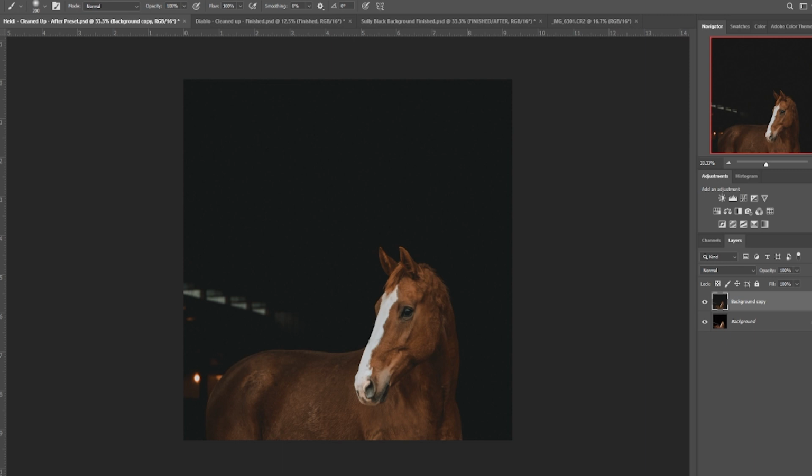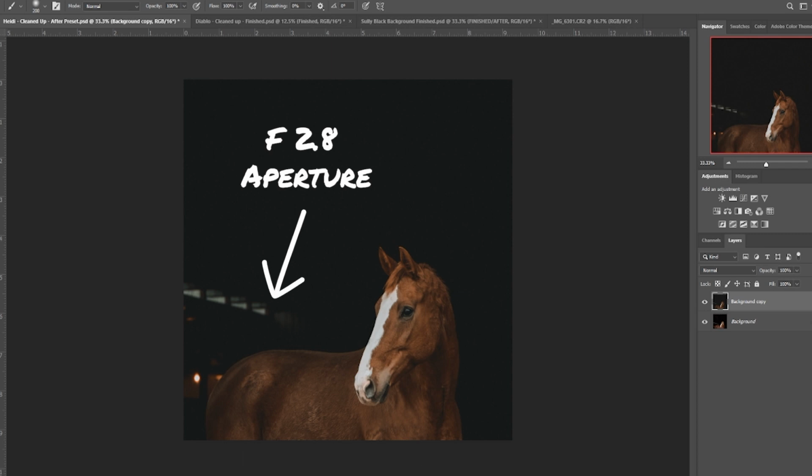Let's talk about what settings I use. There is no one setting for taking black backgrounds. However, a common setting I start with is around f2.8, 1/250th of a second, and my ISO around 200. I use f2.8 as my aperture because it provides a shallow depth of field, separating the horse in the background, making it easier for me to edit, and allows the subject to stand out against the background, making them pop